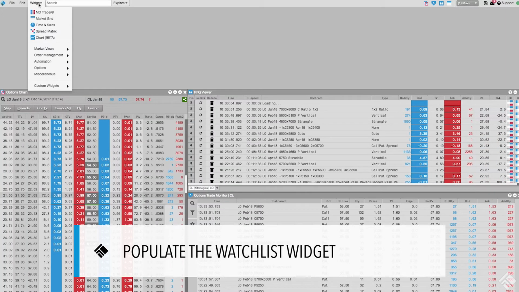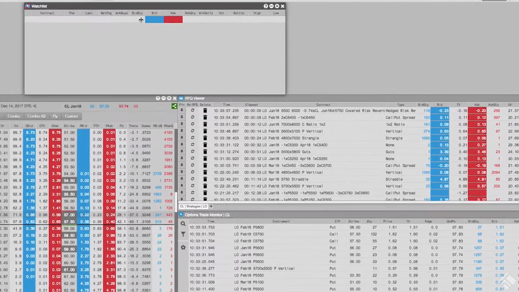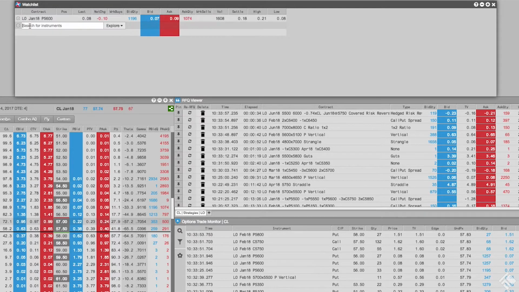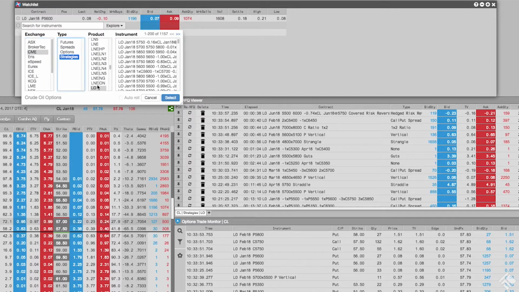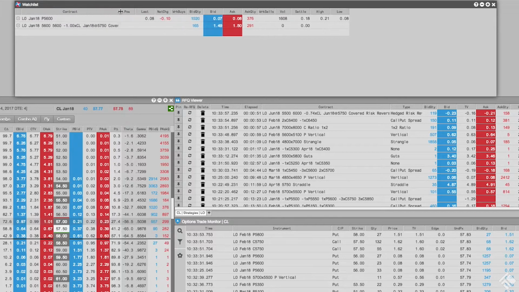We can launch our watchlist from the Widget drop-down menu under the Options section. Once open, we can select options contracts and strategies using the search bar in the widget. We can also use the Market Explorer. We can now monitor the markets for our selected instruments in our watchlist, but let's adjust our widget to display